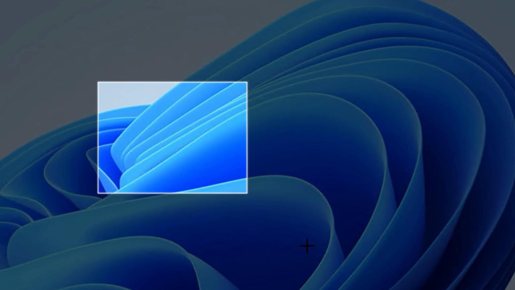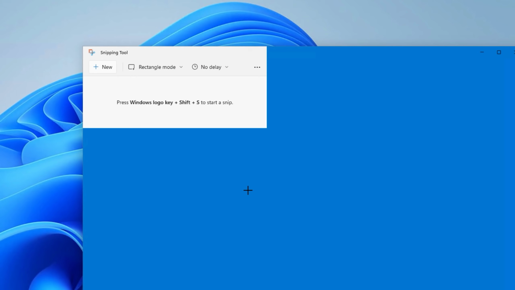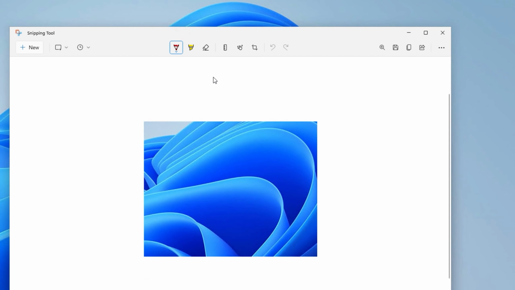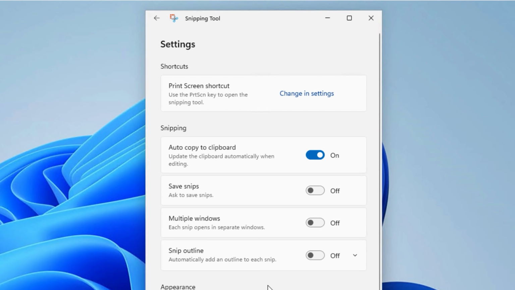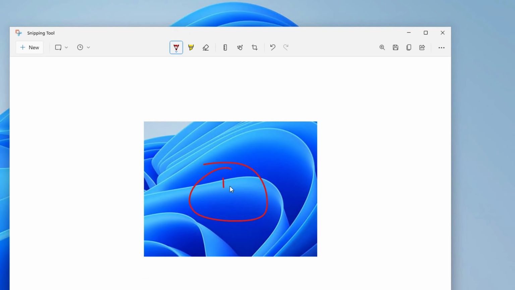So the big change is first that it is visually updated to be more like the Windows 11 design theme, but they also added some other basic stuff like a new settings page. But overall, it kind of behaves exactly how you would expect the current Snip and Sketch tool to. You can still do stuff like annotating the images after you take a screenshot, that sort of thing. So really useful.